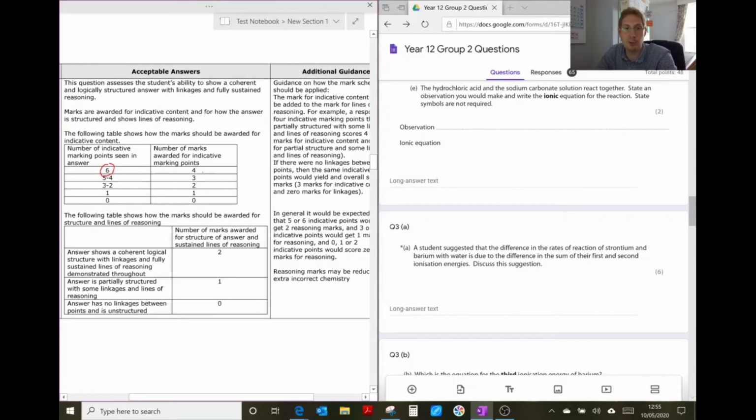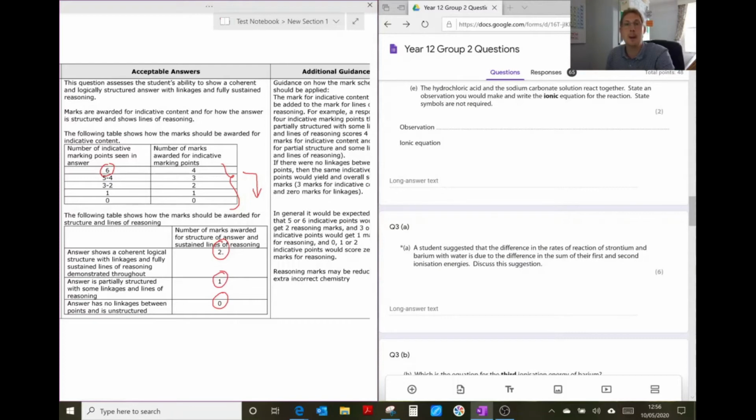5 or 4 of those points, 3 marks. 3 or 2 of those points, 2 marks. 1 is 1, 0 is 0, okay? So that is for those points that we just looked at. On top of this, if you have a well-structured, easy to follow argument, you get an extra 2 marks for the grammar. If your argument's a little bit all over the place, you get 1 mark. And if it's a mess, you get no marks. So the sum is up to 4 for the content and up to 2 for the